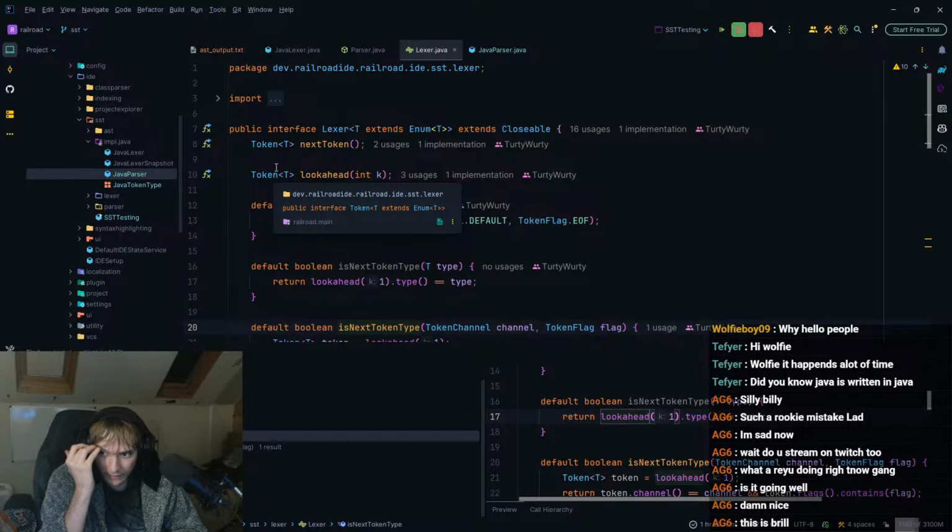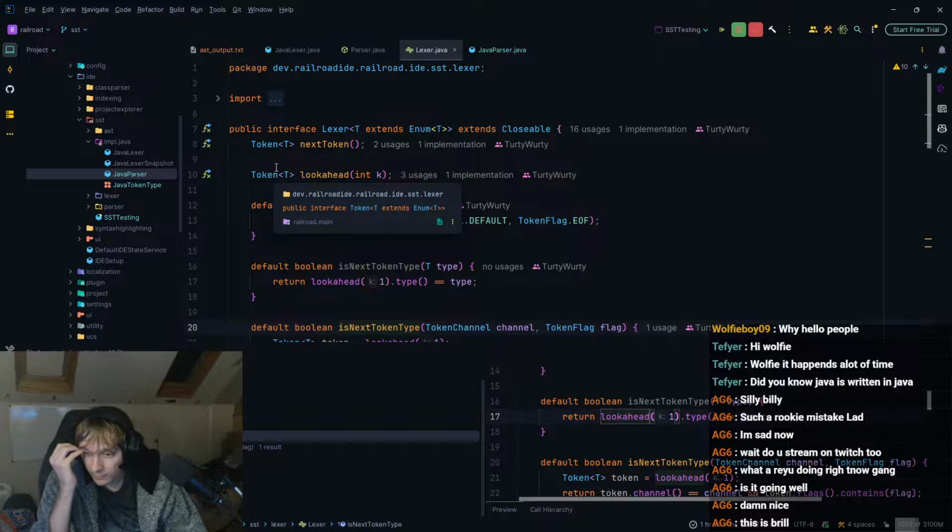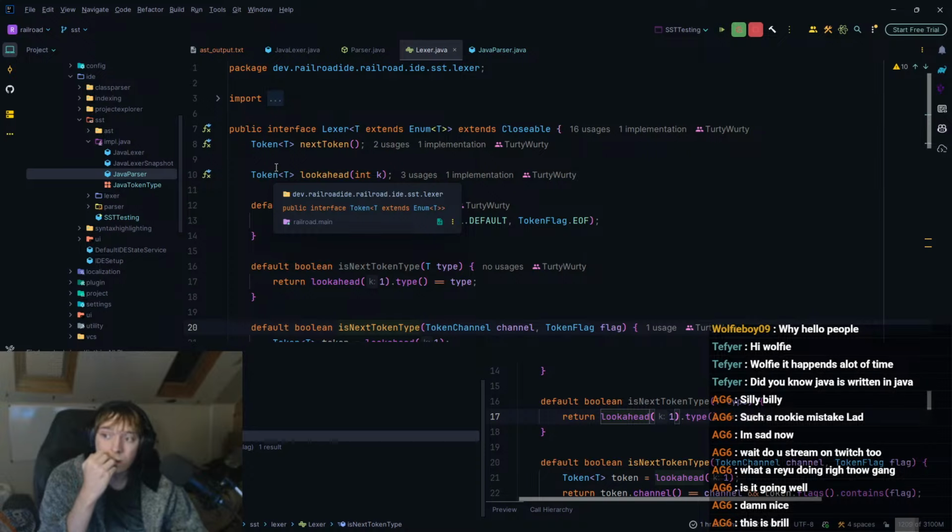Which is kind of weird, actually, because in reality, the lexing is just done first. They're not happening sequentially. Admittedly, they could be, but they are not.